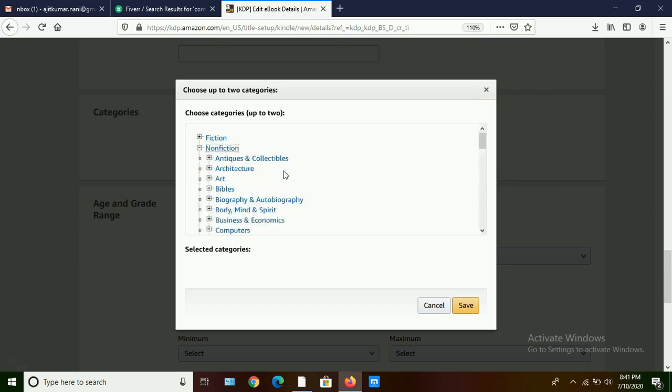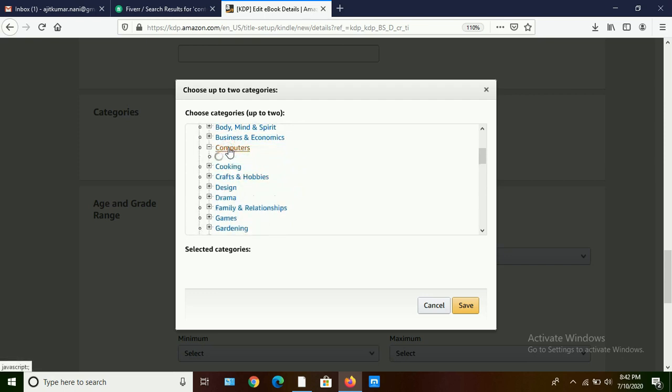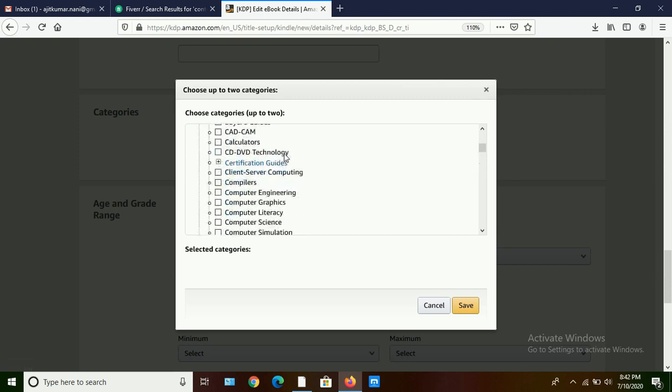It is a non-fiction book. So under that I will search for computers.